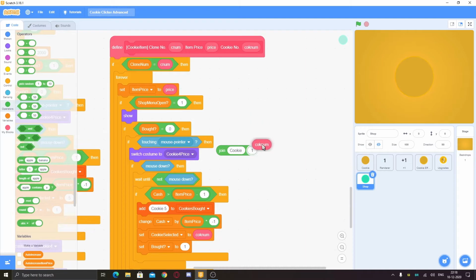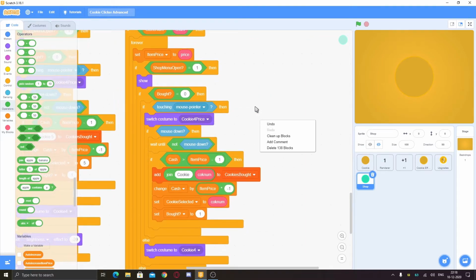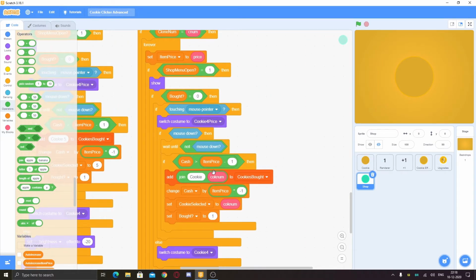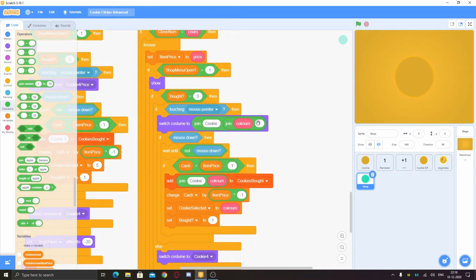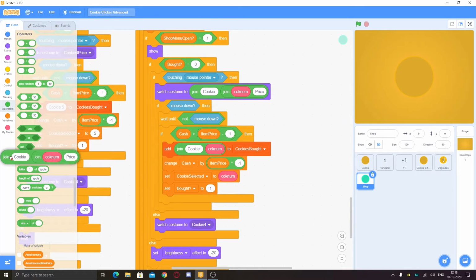So we'll put here the cookie number and just put it here. And now we wanna set the costumes. So just duplicate this join one and put here another join, put this inside of that and cookie price. Then duplicate this, the first one, duplicate this and put it here.